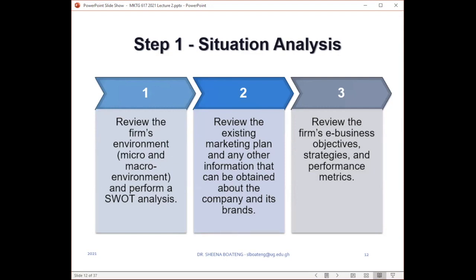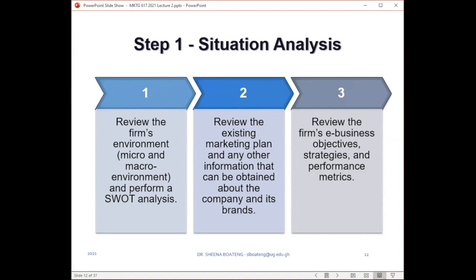But let's also look at it in terms of the fact that the existing plan is perhaps what we are building upon, right? Because remember, we mentioned the fact that the firm's existing marketing plan has as its sub the aspect of e-marketing. You remember? Yes. So yes, e-marketing being an aspect of the marketing plan, we have to be able to know what the marketing plan says about e-marketing to be able to develop a proper plan to achieve those objectives. Yes. Good.